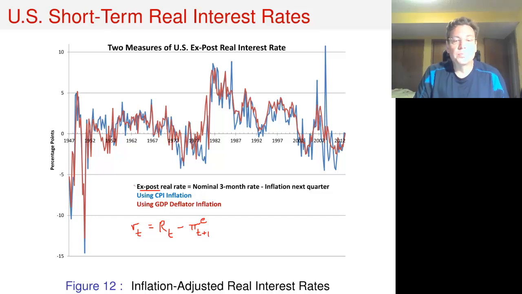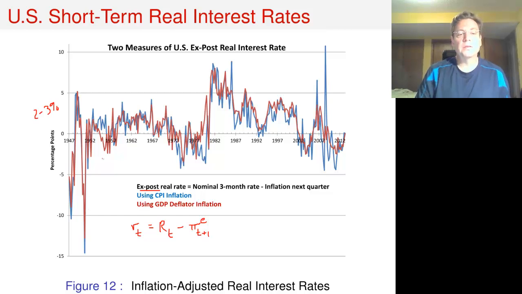And the story told by these two different measures is largely the same. There are some differences, but the general story is that if you look at this and eyeball it, the mean or the average real interest rate ex post is maybe 2 to 3%,